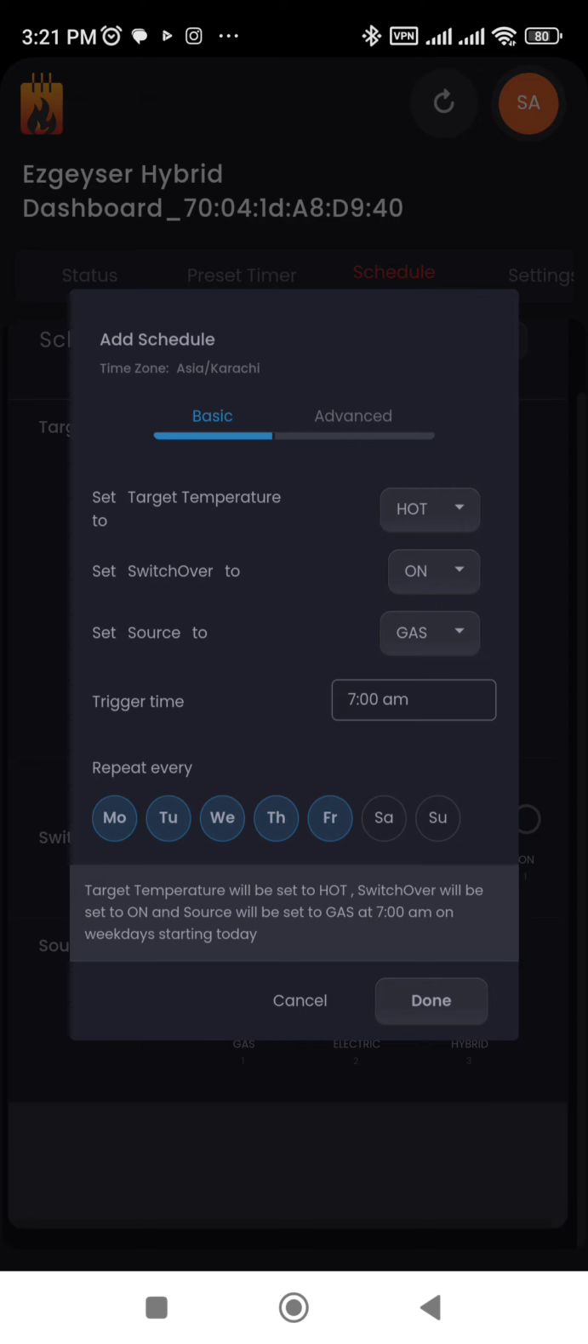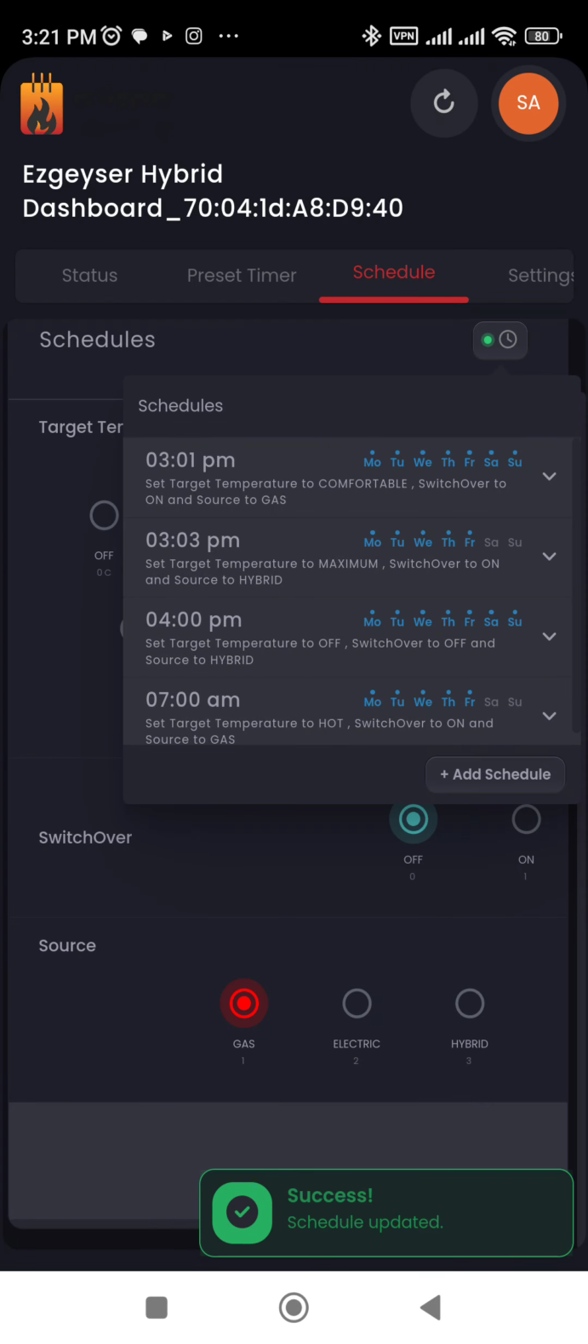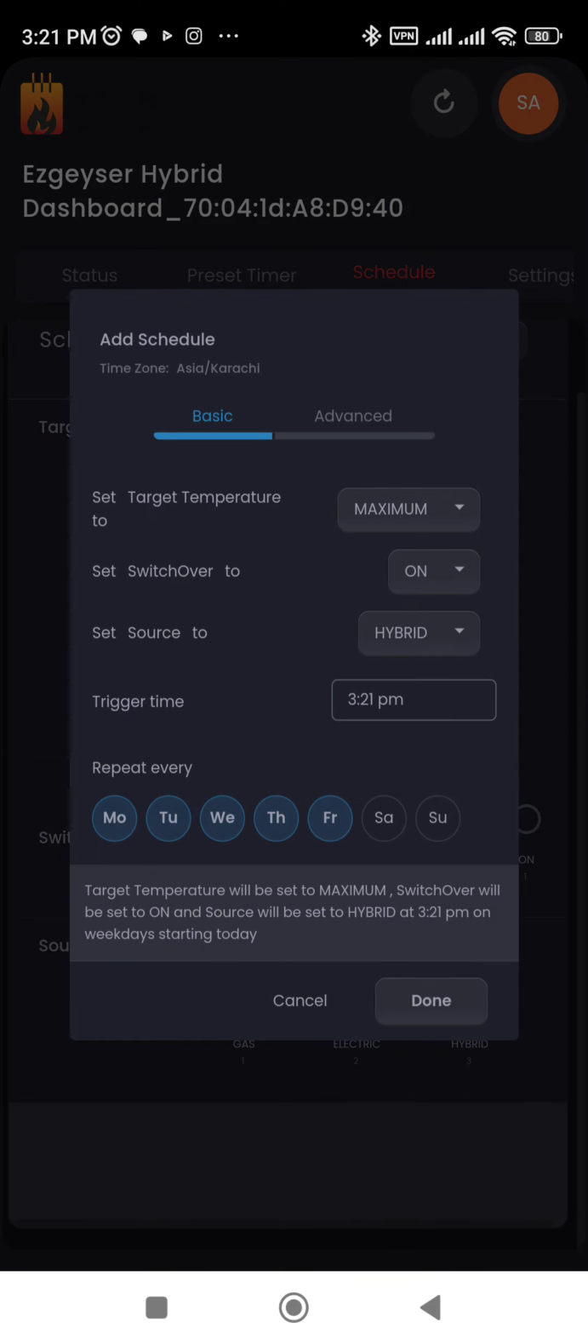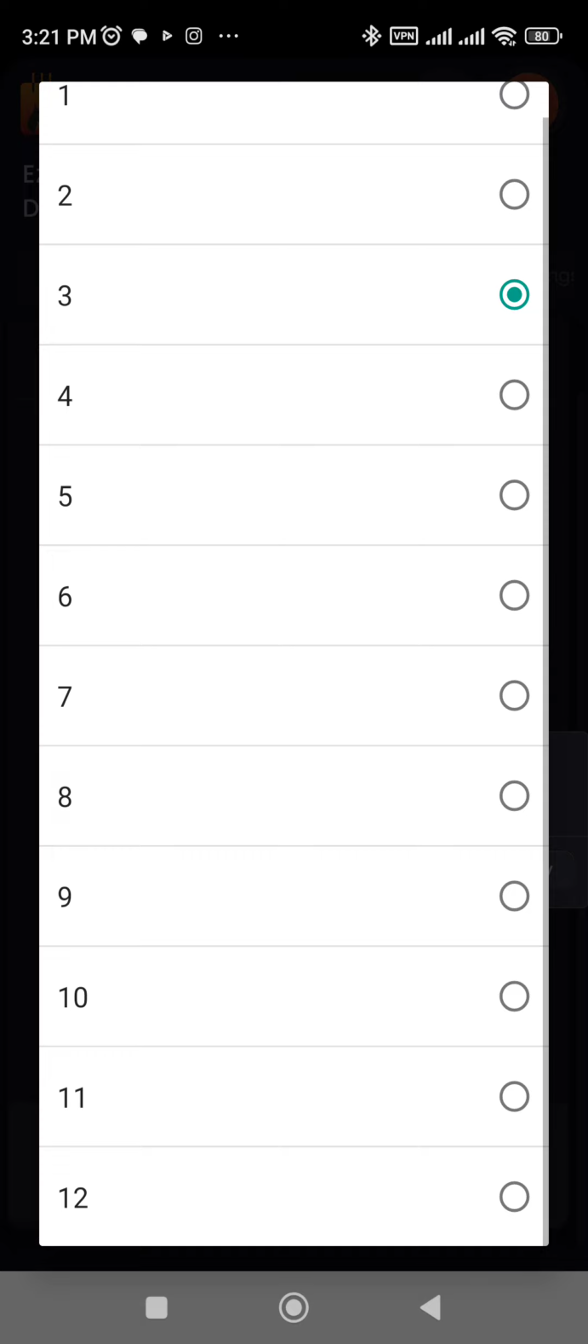This is a considerable temperature where you might or might not want to add cold water to it based on your personal preference, and we would be done with this one. So this would add this schedule to it. We can see the last row added. Now you want to turn the geyser off as well after some time, so we select off from here. Switchover can be off or on, doesn't matter for this, and you want to turn it off at, let's say,